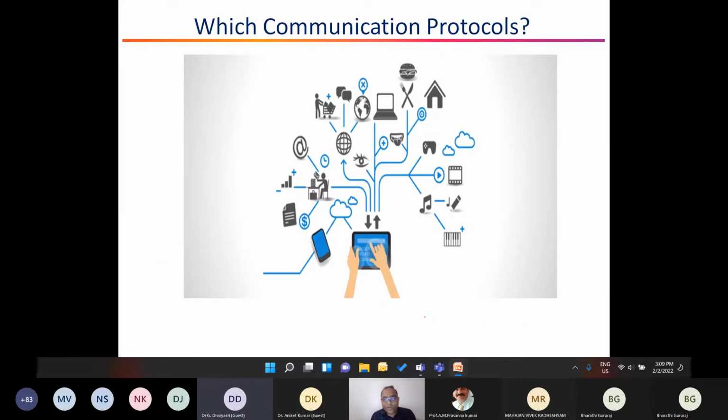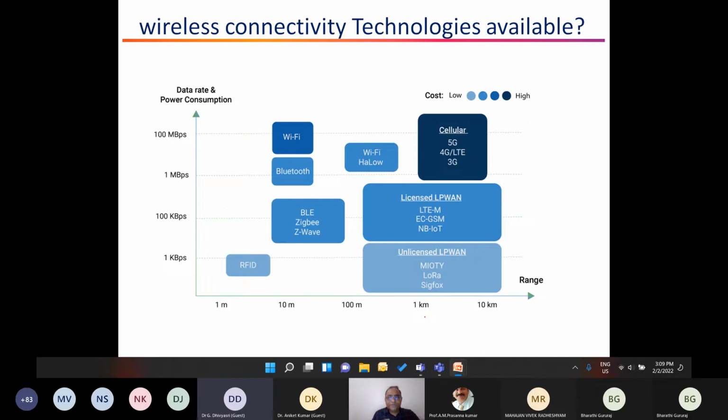And then, coming back to communication protocols, since every system is connected to the IoT, that would always pose a lot of challenges as far as communication protocols are concerned. There are so many communication protocols available, and we need to always pick the right one, because every single protocol offers some advantages and some disadvantages. They have limitations when it comes to their data rate, their range, and their power consumption.